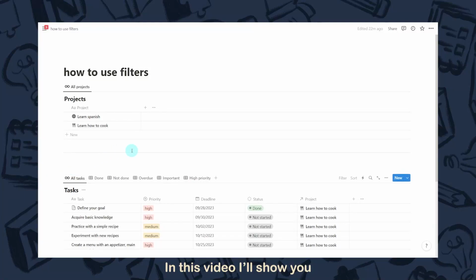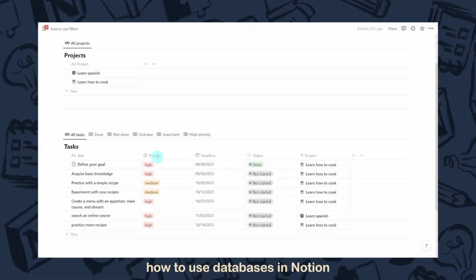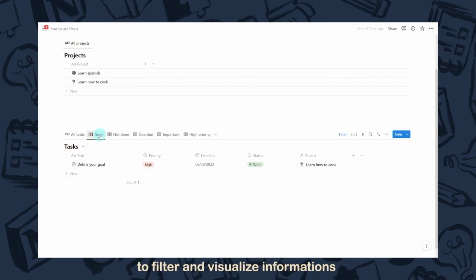In this video, I will show you how to use databases in Notion to filter and visualize information quickly and